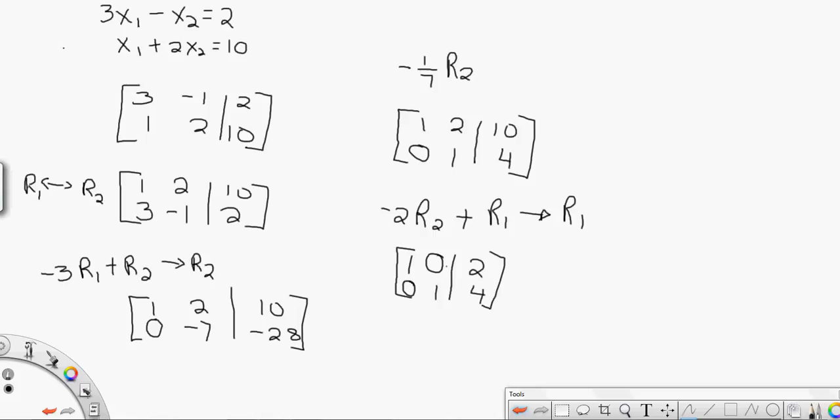And now, if you notice, we have the identity matrix here on the left, and we have these constants on the right, and these are your solutions for your system of equations. So this represents your x sub 1, and the second row is the solution for x sub 2. So x sub 1 is 2, and x sub 2 is